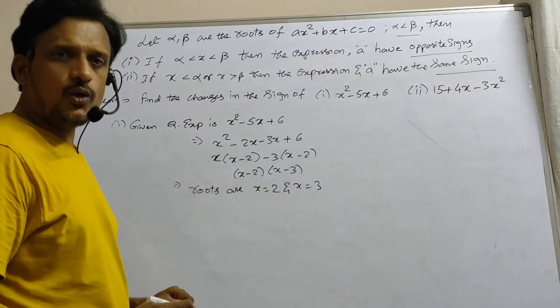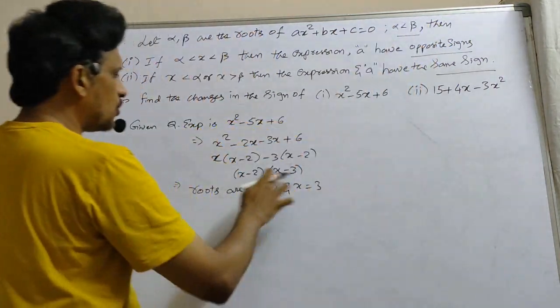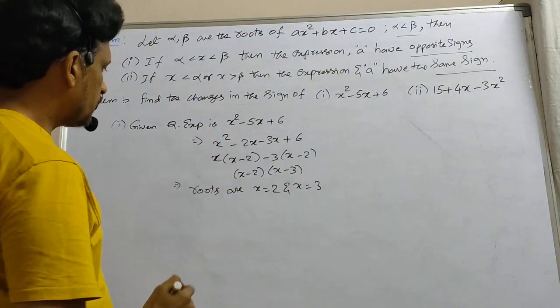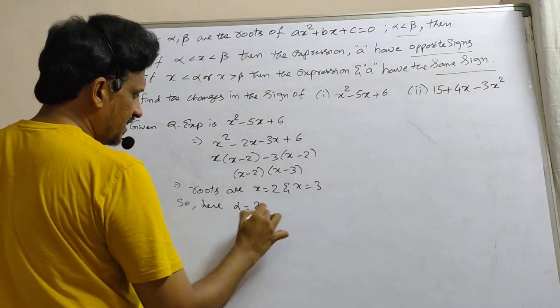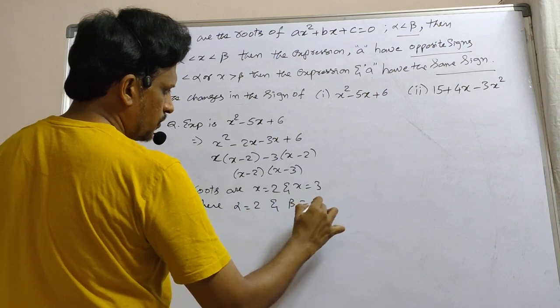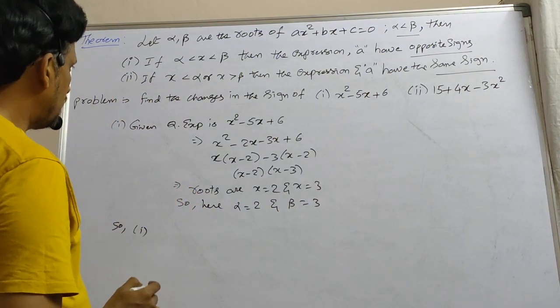Here the roots are denoted by alpha and beta, and alpha is less than beta. The smallest of the two roots is alpha. So here alpha is equal to 2 and beta is equal to 3. So by the first case,